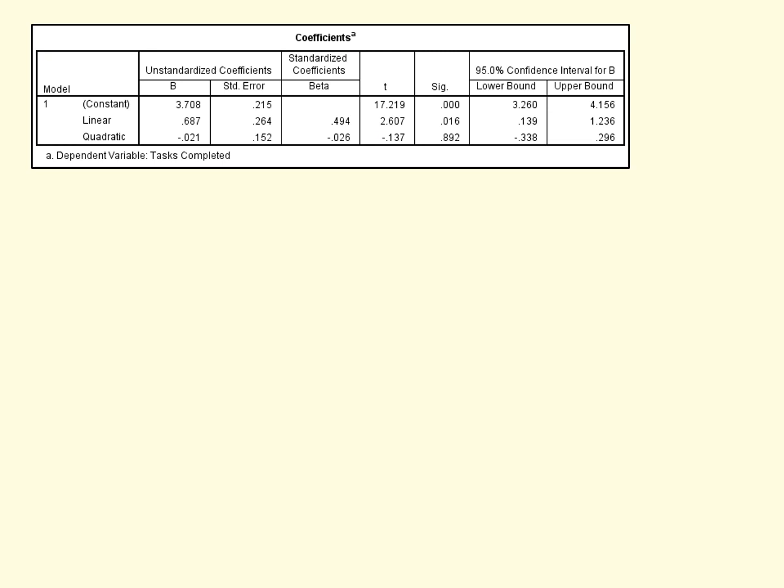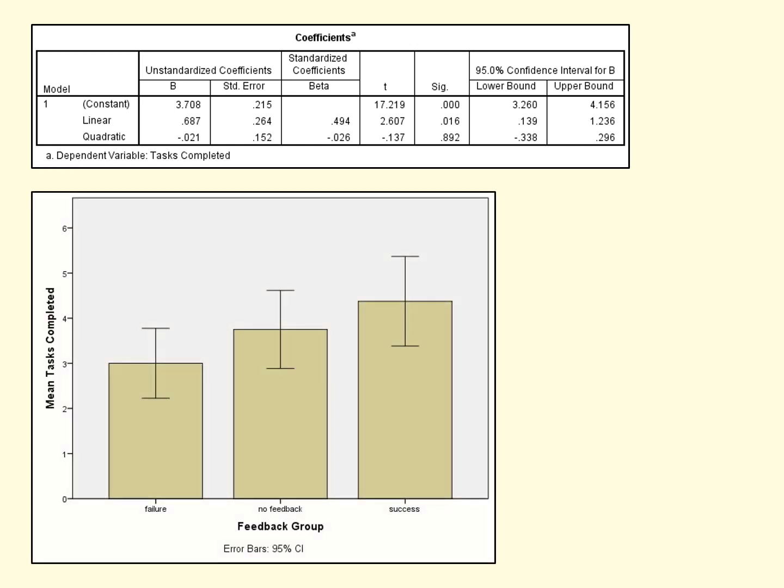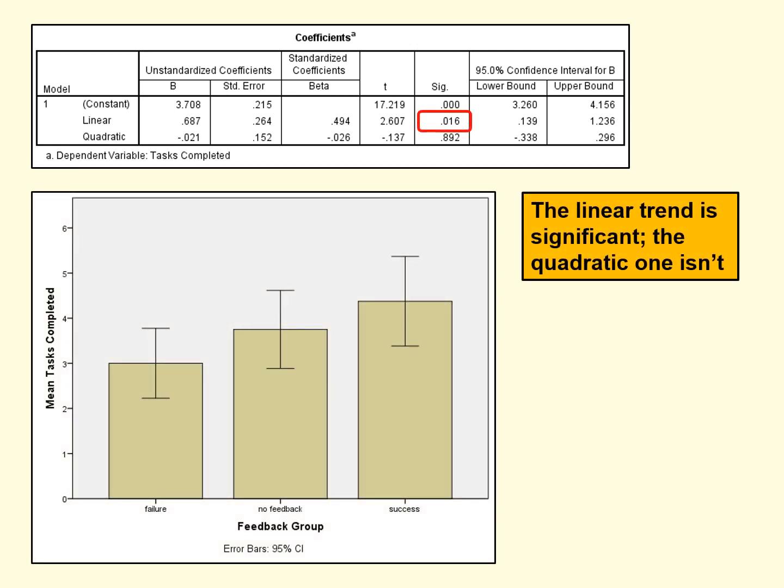What has changed are the values for the regression coefficients. And if you look at the table here and especially look at the significance levels, you would see that the linear trend is significant, which makes sense if you take a look at the graph. It seems pretty obvious that there's a linear increase in the mean level of task completion across these three